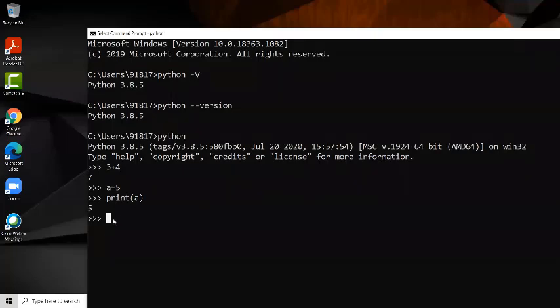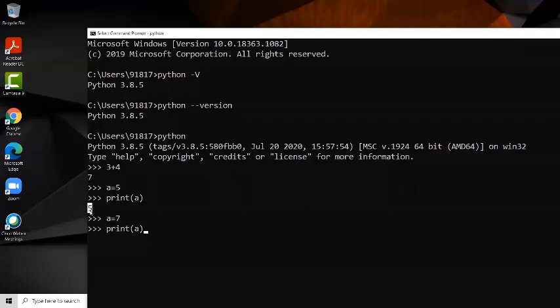Suppose, see here I am using another value for a. Now I want to print my a value. What does it print now? See, previously I assigned one value to a and printed that value. It printed whatever value was assigned before.